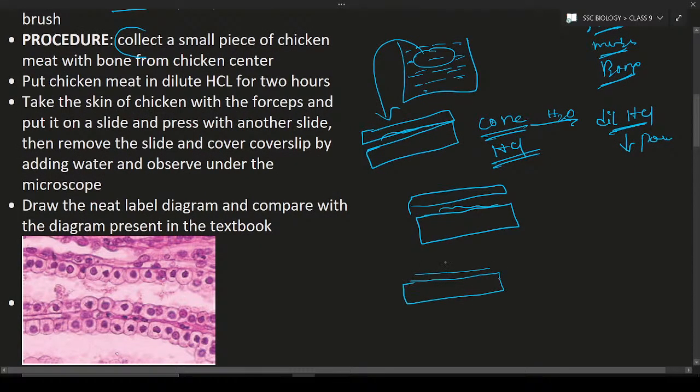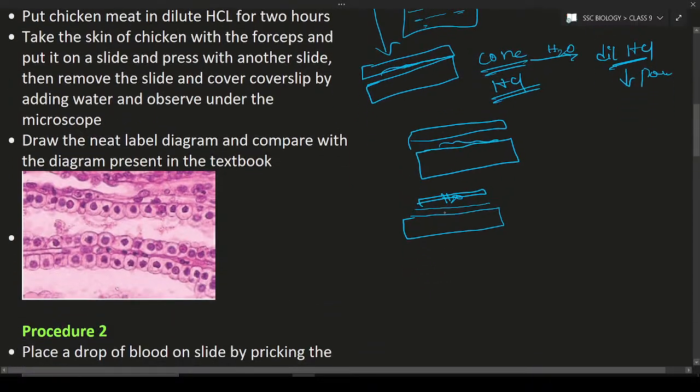Next, add water, then cover it with a cover slip. Keep it under the microscope and observe. If you observe under the microscope, you can see some structure, like this. After observing, draw a diagram in your observation book and also compare your diagram with the textbook diagram. Mostly your diagram is going to look